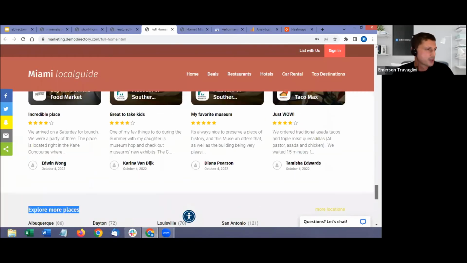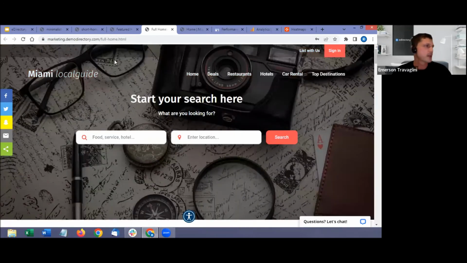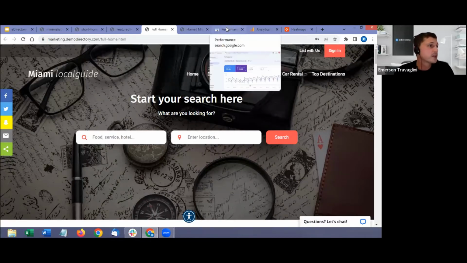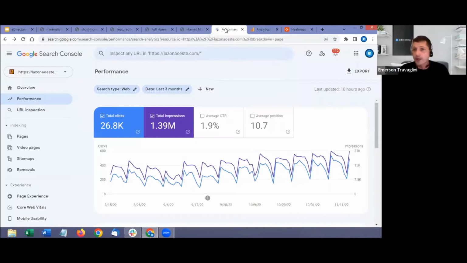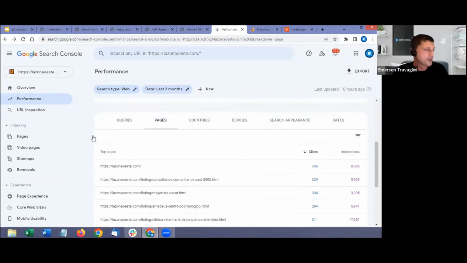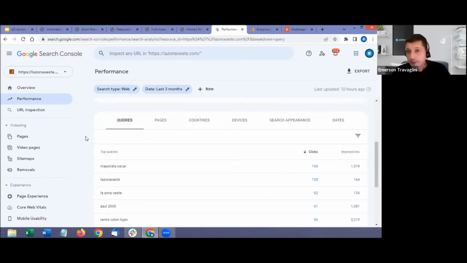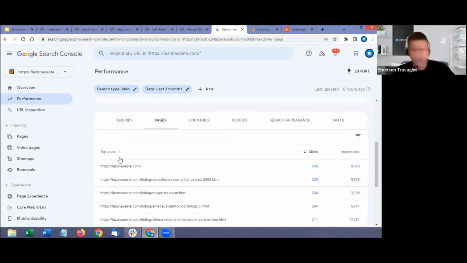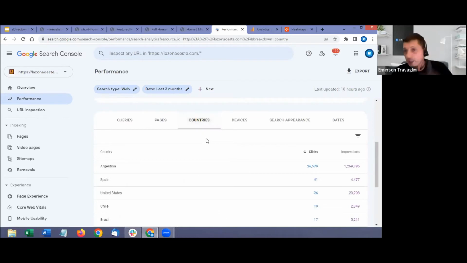Okay, that's pretty much it for the sample pages I prepared. And let me just show you quickly the tools I mentioned. The first one is Google Search Console. Once you connect your website to Search Console, you start having data about the queries people type in and find your website. You can see the best pages you have, the countries or the location they are accessing your site,